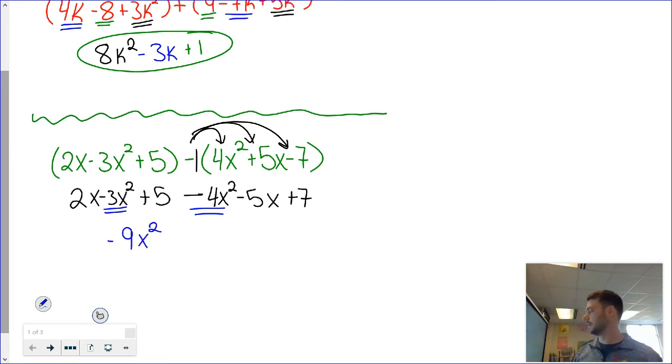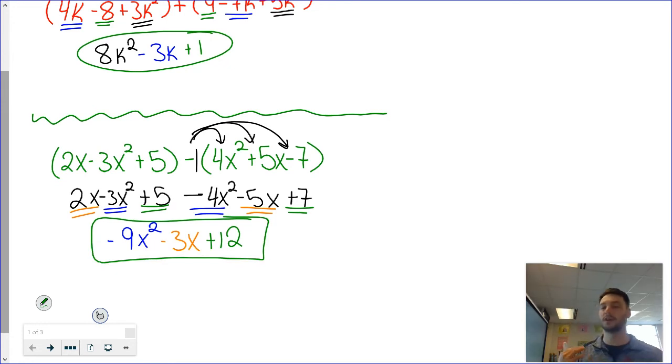Okay, great. Then we need to look for our x's. We have a 2x and we have a negative 5x. 2 plus negative 5, or 2 minus 5, is negative 3x. Again, be careful with your signs. And finally, we're going to combine any constant terms here. We have a positive 5 and a positive 7, or a positive